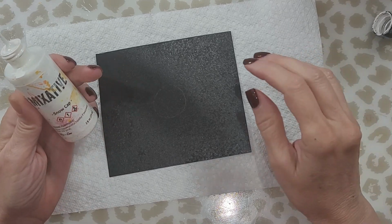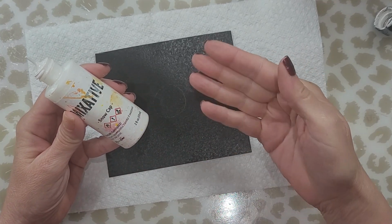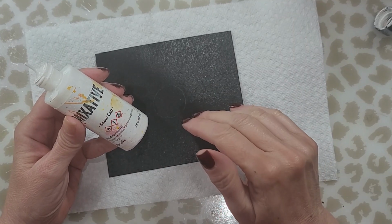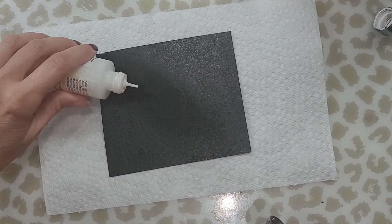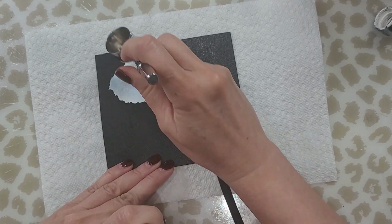And I get asked this all the time, what is snow cap? Snow cap is a mixative. It's an alcohol ink, but it's got a much thicker consistency. I'm not sure why, but it's what I use to create the centers for my flowers and for this technique. So I am going to put down a few drops and then